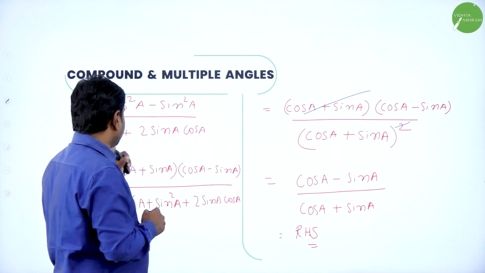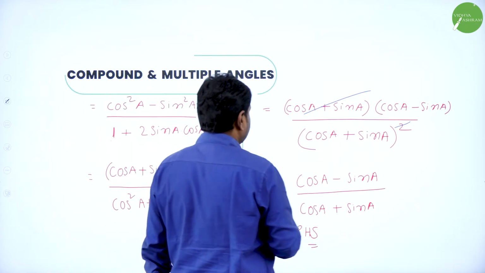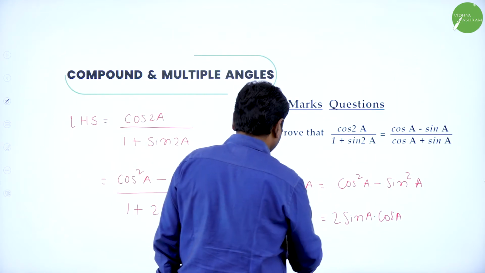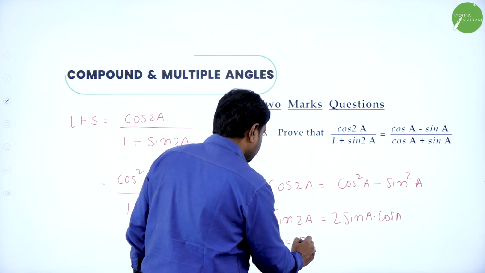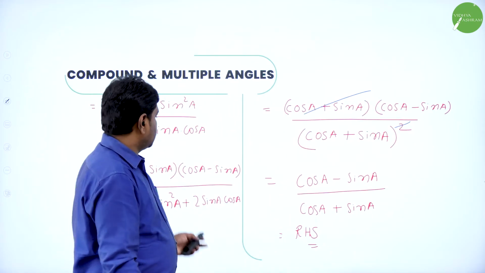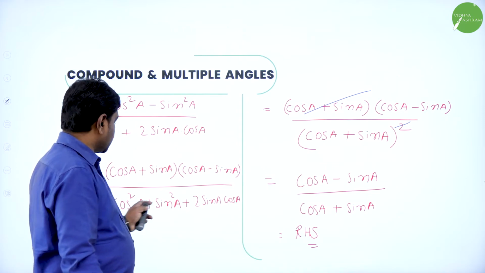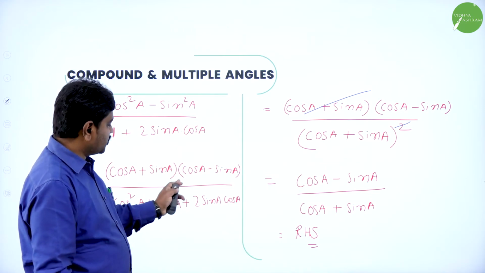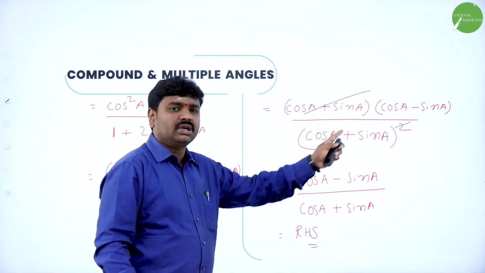One of the interesting problems, because here, what is the logic we used? In place of 1 we wrote sin square A plus cos square A, or cos square A plus sin square A. So in the place of 1 I substituted cos square A plus sin square A. Then it becomes a square plus b square plus 2ab, that is a plus b the whole square.